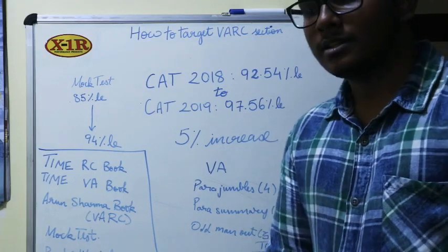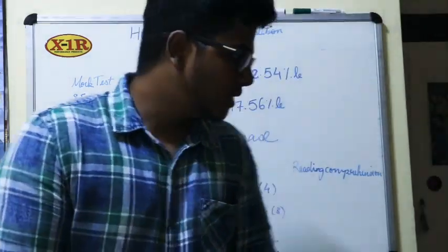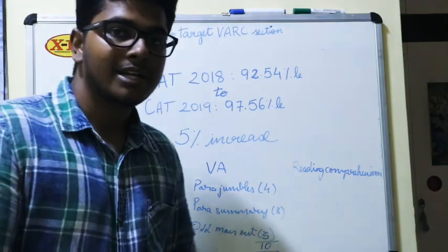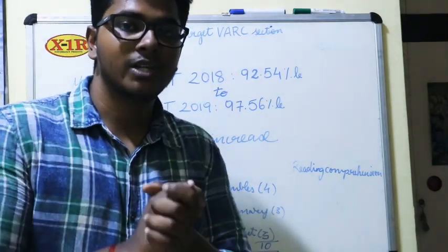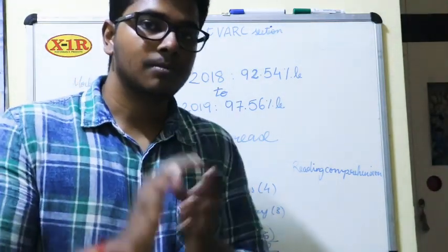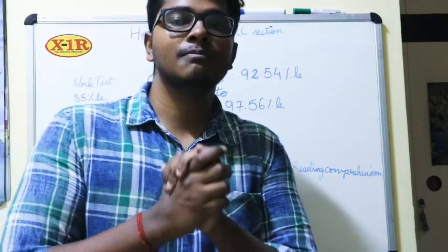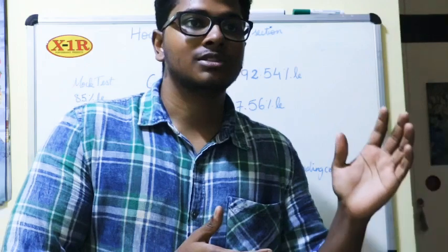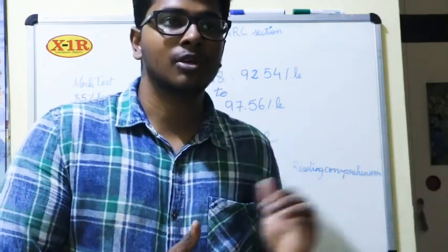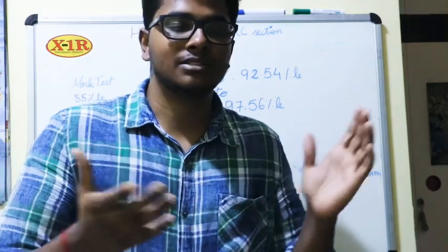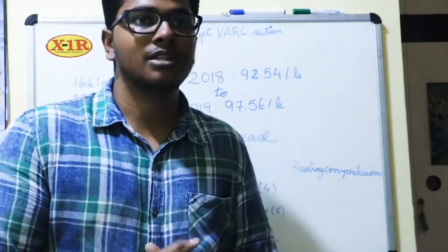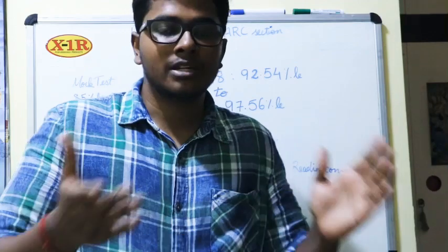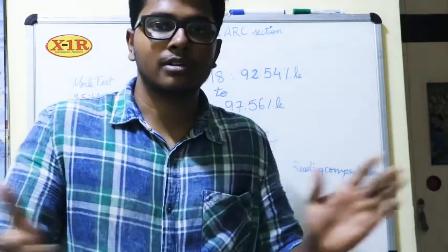So that is one thing. And the second thing is that you should be able to understand what type of RCs are your weakness, right? So when I say what type, reading comprehension comes in many types. There may be a reading comprehension about science, about the economy, about space, about psychology, humanities, any topic, right?